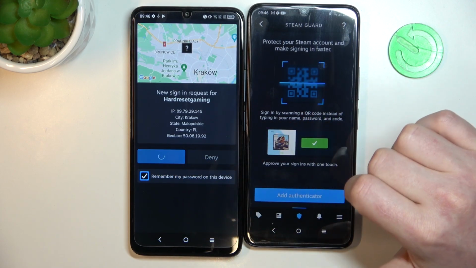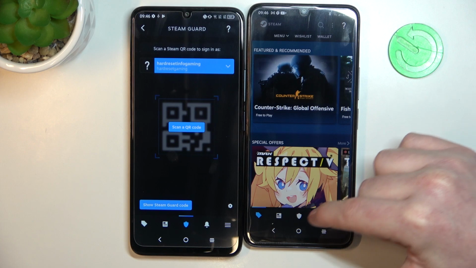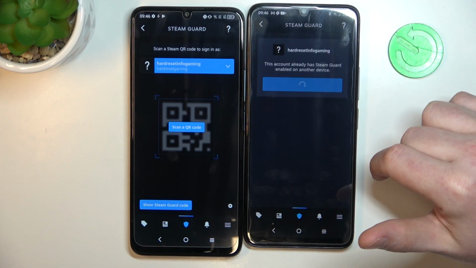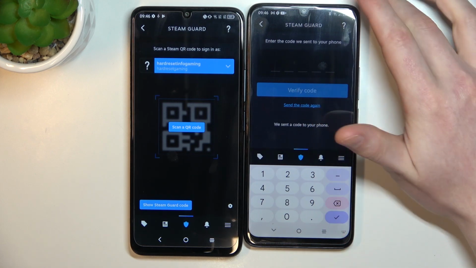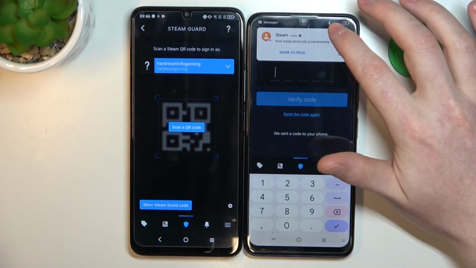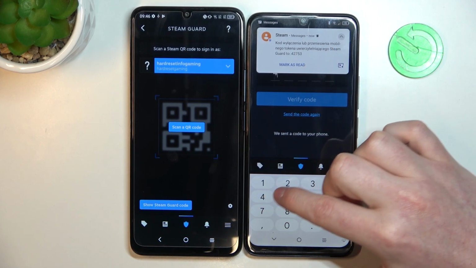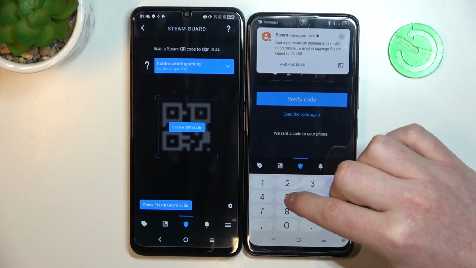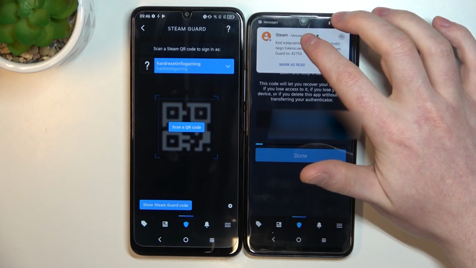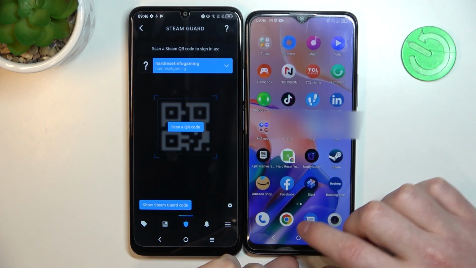Now let's approve it, and now we want to click on Add Authenticator, Move Authenticator. Here, wait till you receive a message to the number that is bound to this account, and you will need to enter it like this. Verify code. So now the Steam guard is activated on this device, and you can see the